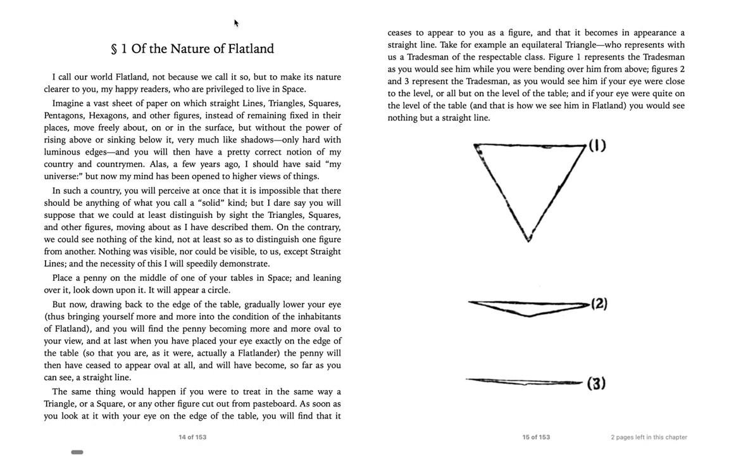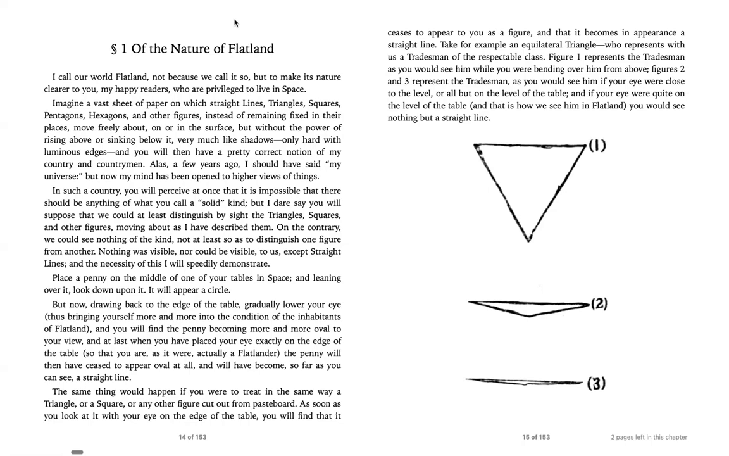Alas, a few years ago I should have said my universe, but now my mind has been opened to higher views of things. In such a country, you'll perceive at once that it is impossible that there should be anything of what you call a solid kind. But I dare say you will suppose that we could at least distinguish by sight the triangles, squares, and other figures, moving about as I've described them. On the contrary, we could see nothing of the kind, not at least so as to distinguish one figure from another. Nothing was visible, nor could be visible to us, except straight lines, and the necessity of this I will